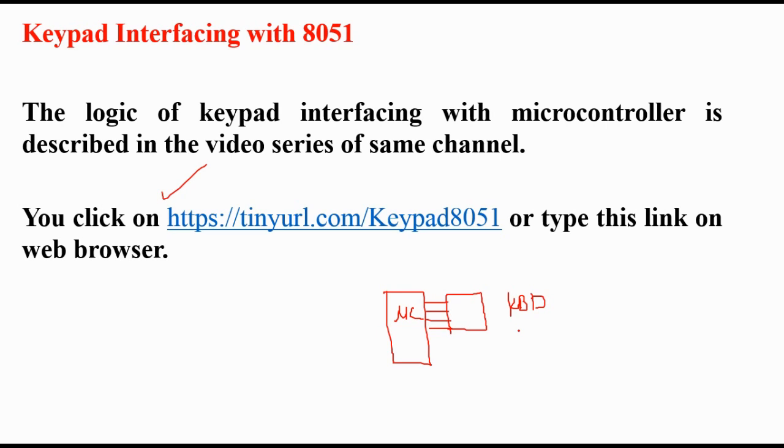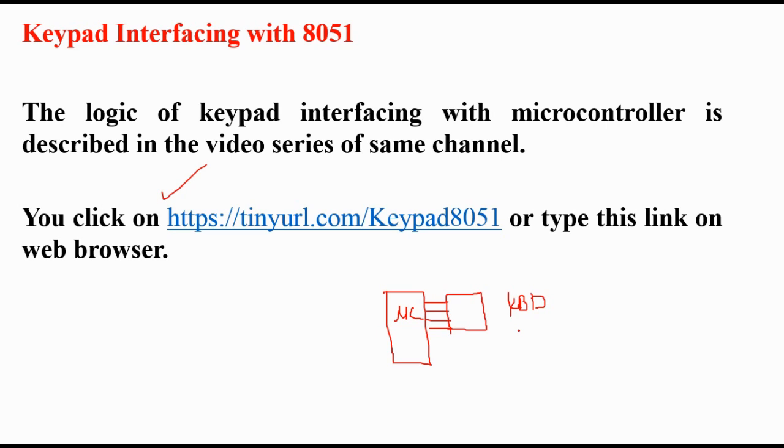Actually the thing is that the length of the program is very large. It is a large program, so that's why it will take lots of time to write down the program. Okay, so try to avoid writing the program, but yes, if it is asked in a question to write the program, then you will have to write. But there are 99.99% chances that the university will not ask you to write down the program.